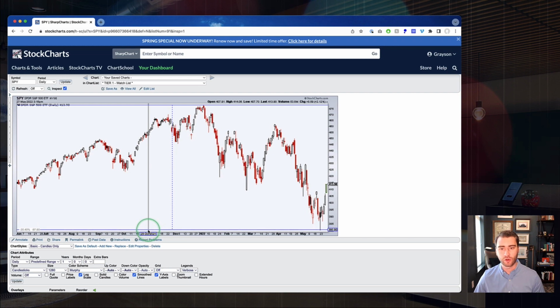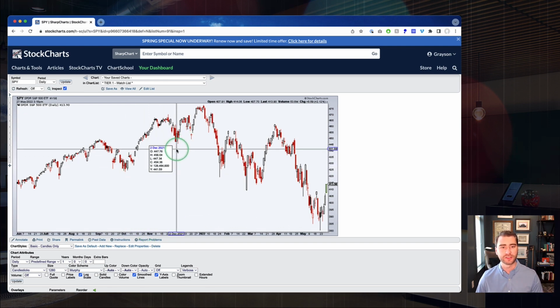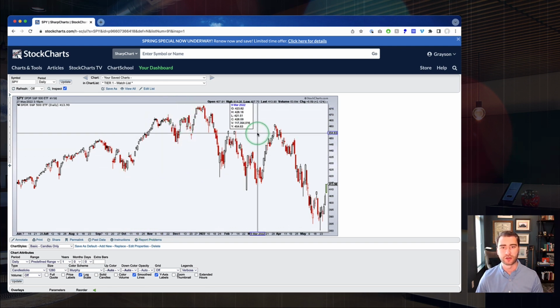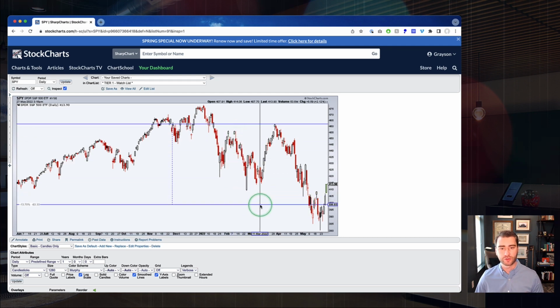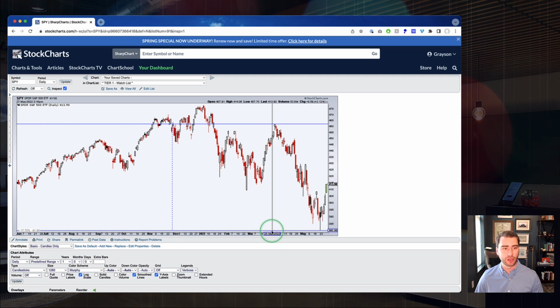So we can drag this all the way down to the low that we saw last week. We can see that that was very close to a 20.5% move lower here on SPY. If we're trying to measure percent change on the fly, this is one of the quickest, easiest ways to do that. When I release the mouse, it just goes back to the standard crosshairs on the inspector. But this means we can measure different parts of this chart. For instance, from this interim high down to that low, we can see that was about a